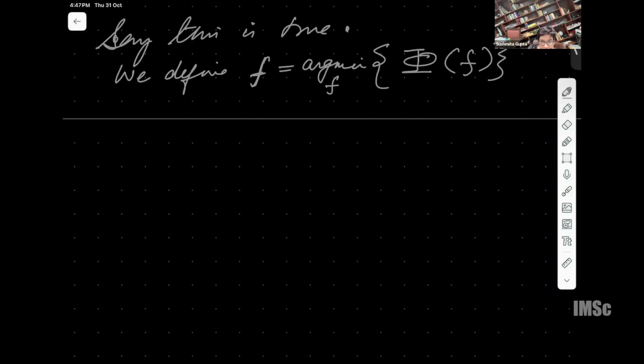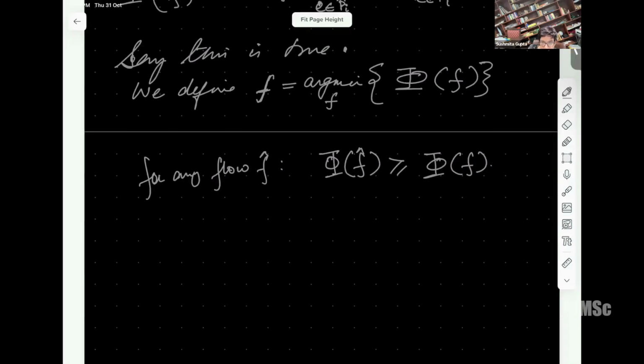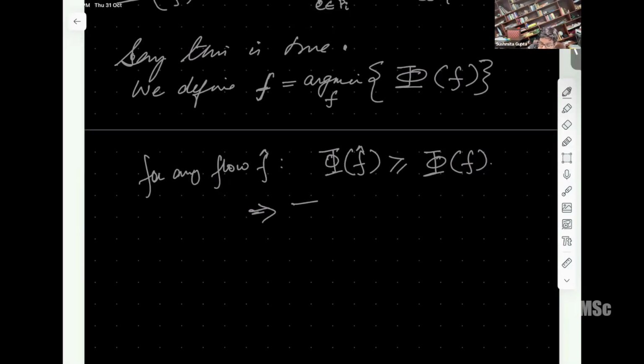So suppose this is minimum. Okay. So what does that mean? For any other flow f hat, we know f hat is greater than or equal to this, by definition. I have chosen an f which is minimizing this phi function. So any other flow f hat should be at least as much as this, correct? But then this means f hat minus f of this is greater than or equal to 0, correct? Yes.